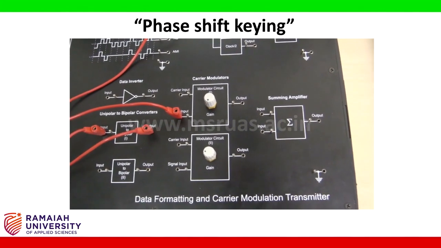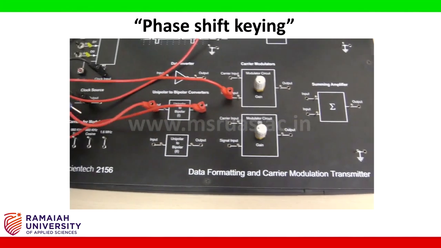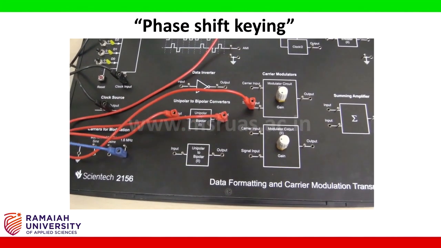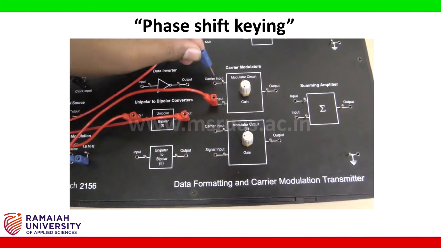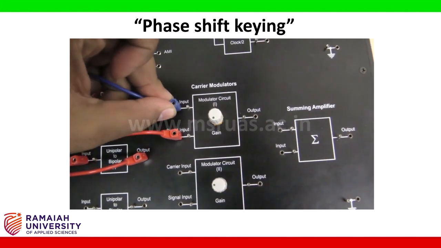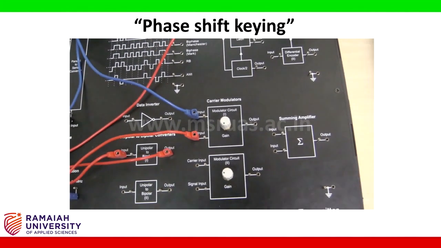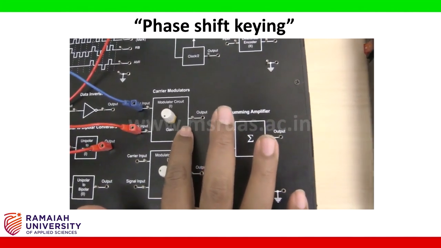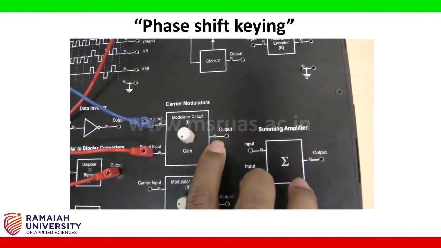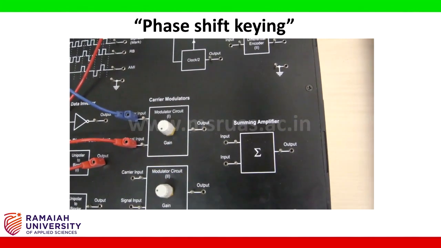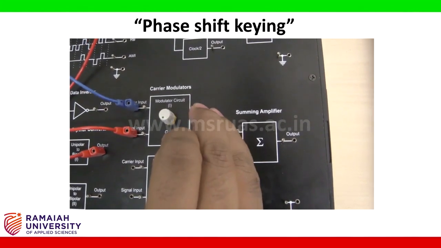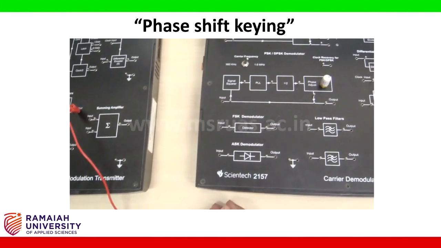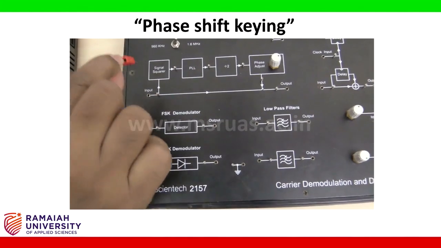Carrier of 1.6 megahertz is connected to the carrier input of the carrier modulator. And we can observe the phase shift keying PSK output in this circuit, in this pin. I am connecting the output of PSK of the 2156 board to the input of the PLL on the other board, 2157,